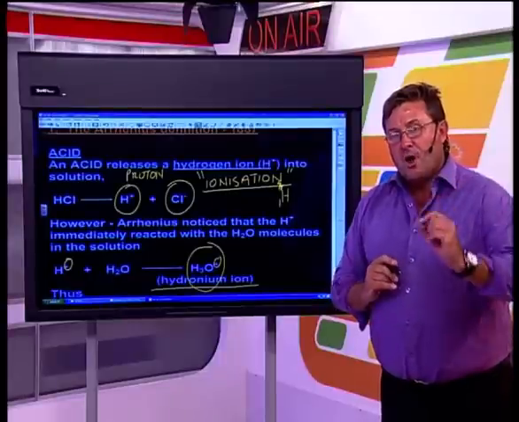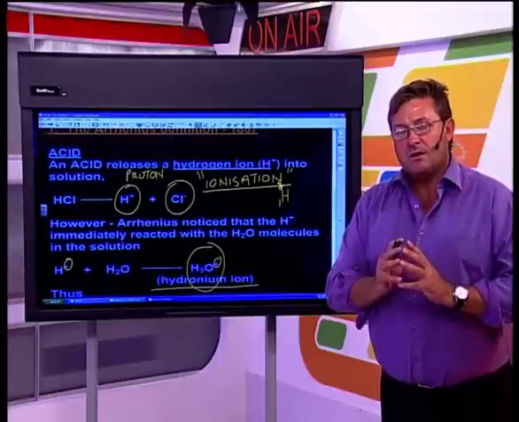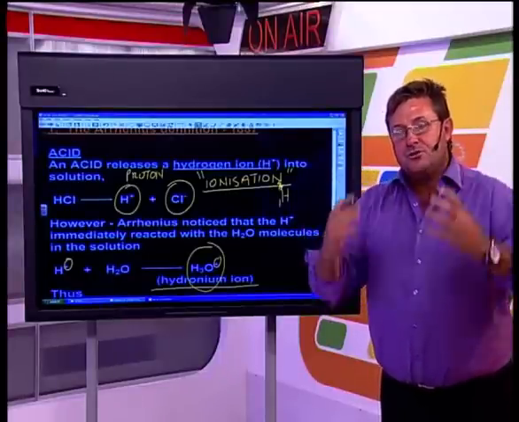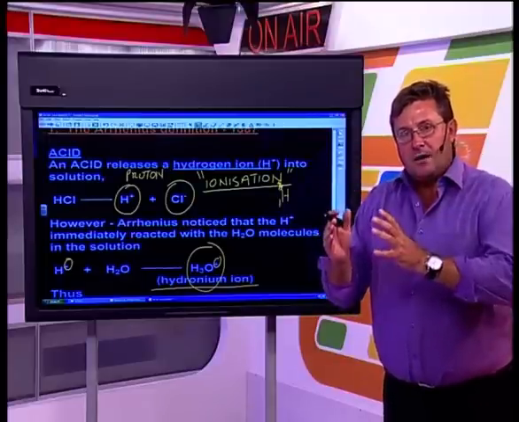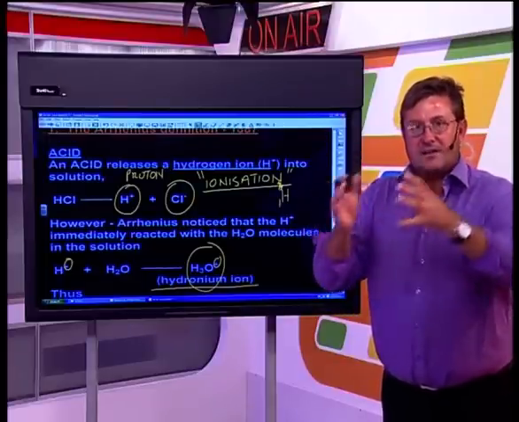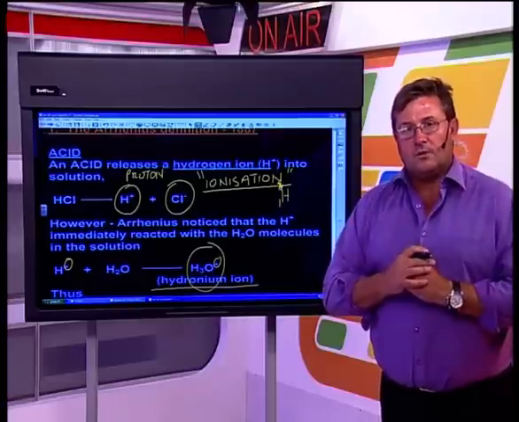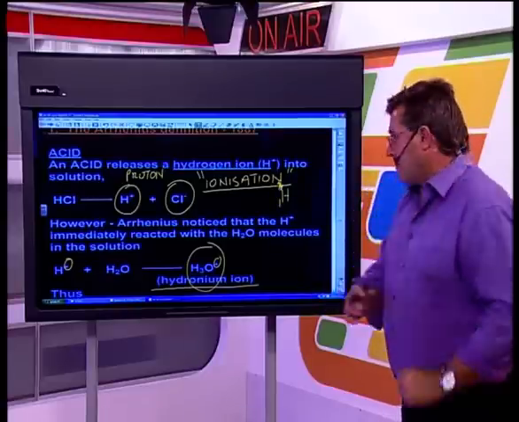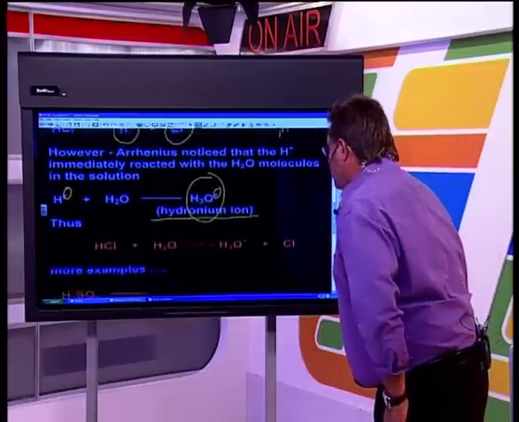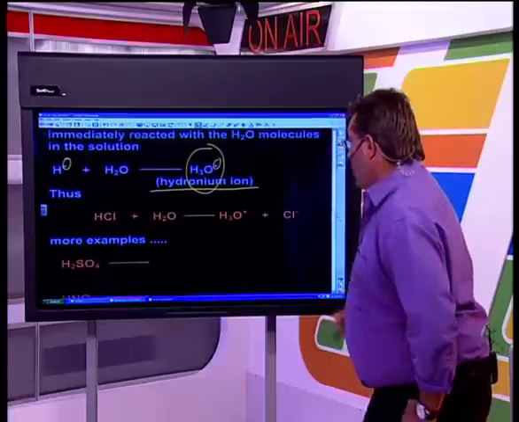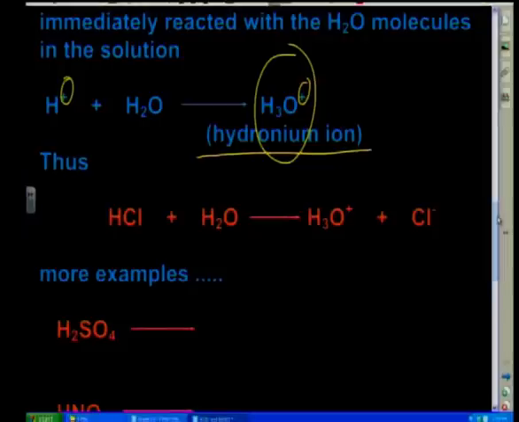Okay, so when acids dissolve in water, according to Arrhenius, we produce hydronium ions in the solution. And the hydronium ion is equivalent to, well, it's the hydrogen ion in all seriousness. Okay, so that is now Arrhenius's understanding of what an acid actually is. So what he was able to do was to say, okay, if that's true, then we are able now to include water in the reaction of the acid when we add the acid to water.